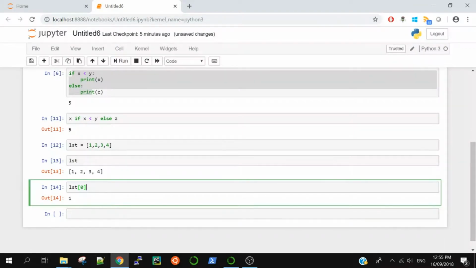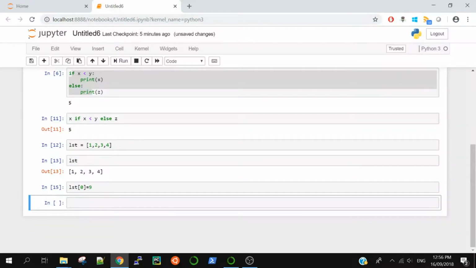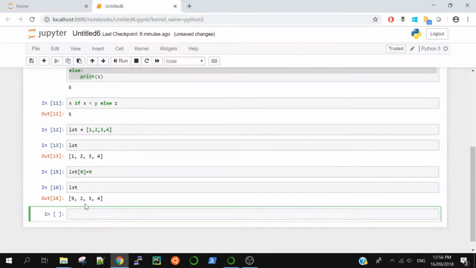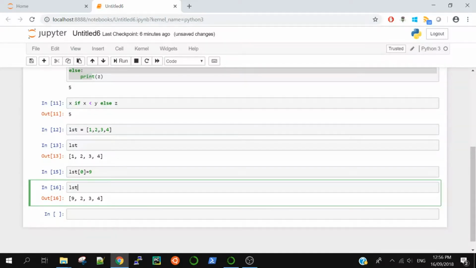But if you want to modify it, let's say instead of 1 you want to print 9. So lst[0] equals 9. And now if I print lst, it is changed, right? So guys, this is called mutable. That means you can change. Lists are mutable